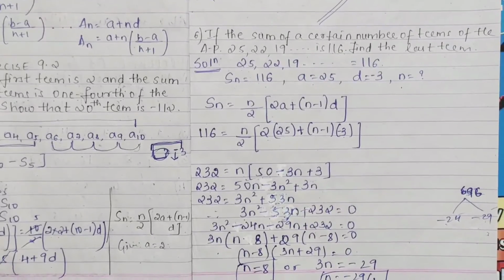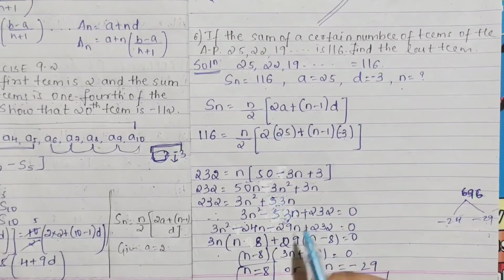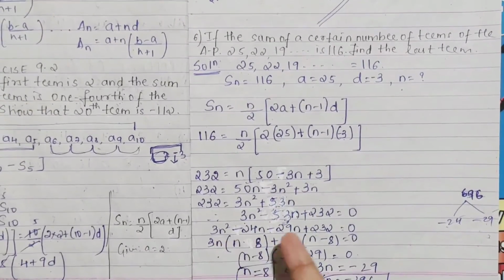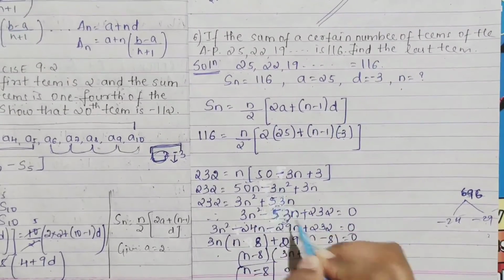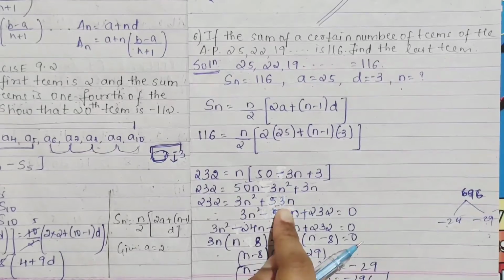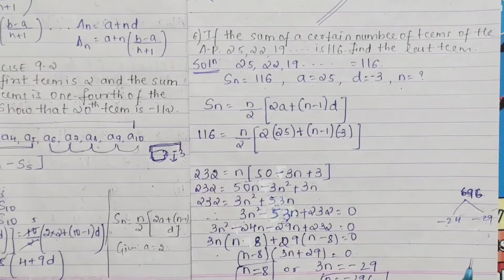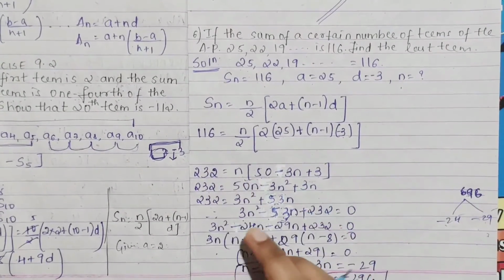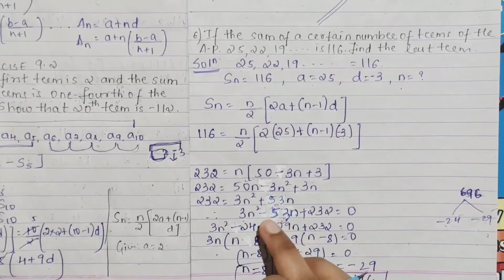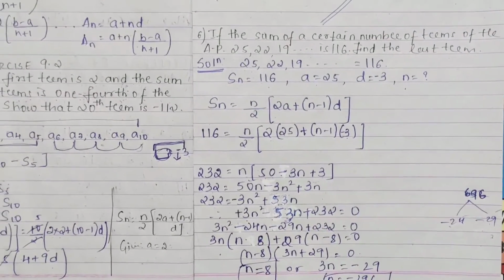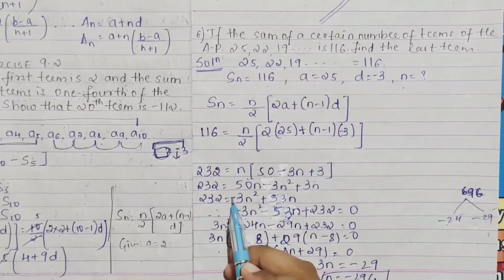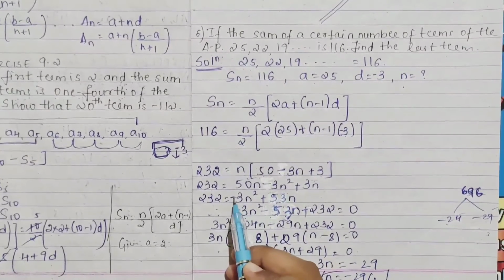So see here, when you take this negative, we won't get it proper. So to form the quadratic equation also you should be careful enough. Plus 3n square plus 53n, taking it to the other side only, we will take it. So you will get here minus 3n square minus 53n plus 32. We have taken it to the other side. Why? Because here you had negative, right? So minus.